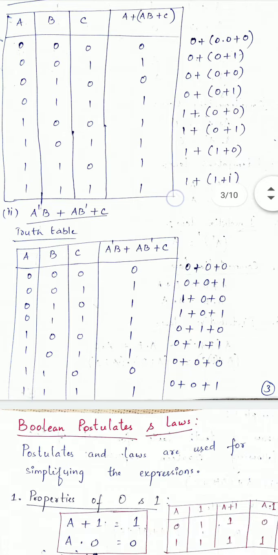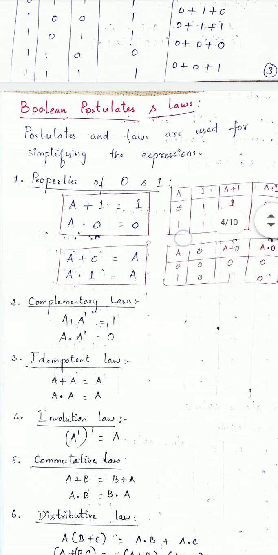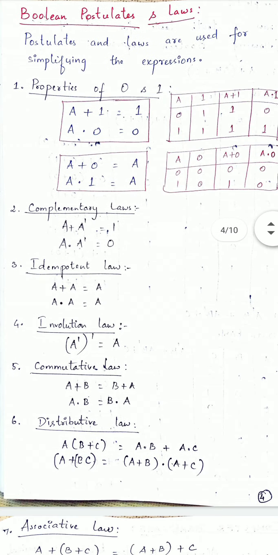Okay. And next important thing is, you should also learn all these laws. You already learnt all these laws in your maths subject: commutative law, distributive law, complementary law, associative law. Once again, I have listed all those laws which we are going to use in Boolean algebra. So it is your duty to learn all these by heart. We are going to use these laws to simplify the expression. That's our focus, that's our aim.